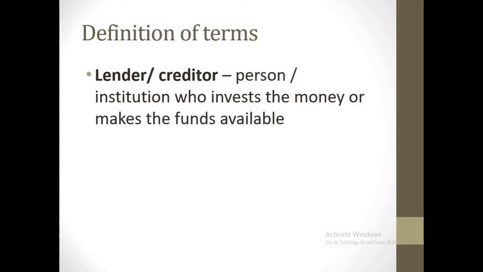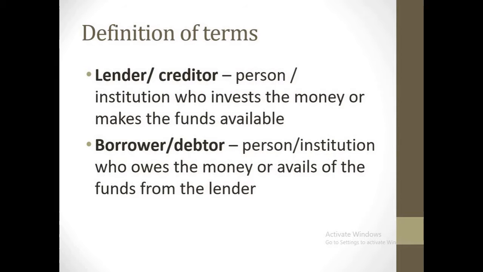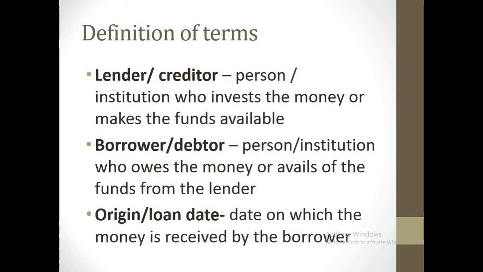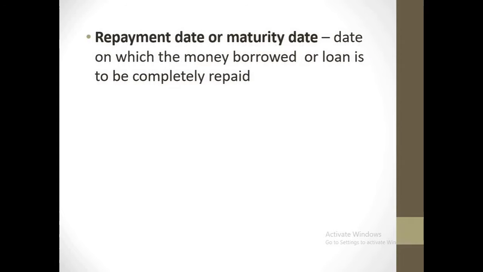Lender or creditor is the person or institution who invests the money or makes the funds available. Borrower or debtor is the person or institution who owes the money or avails of the funds from the lender. Origin or loan date is the date on which the money is received by the borrower. Repayment date or maturity date is the date on which the money borrowed or loan is to be completely